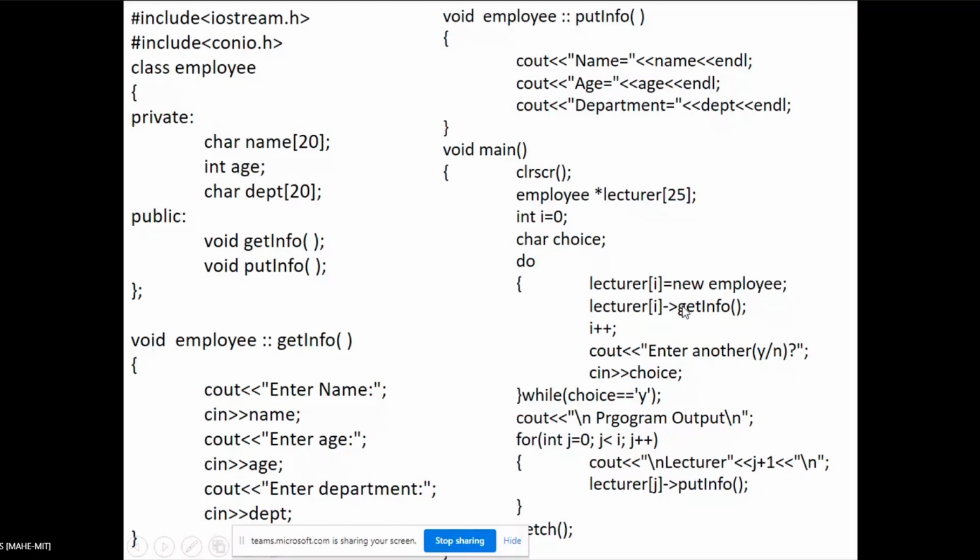Then observe this: lecturer of 0, because I am initializing that to 0. So what is this? It is a pointer. You are referencing this pointer and trying to take get info of that. Okay, so it will be called here and it will take all the values